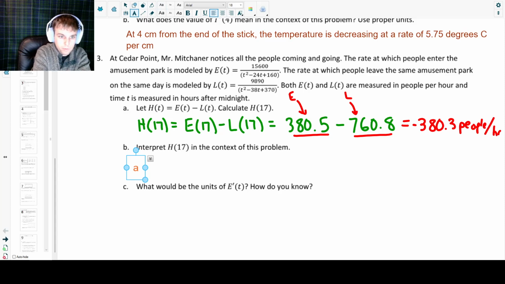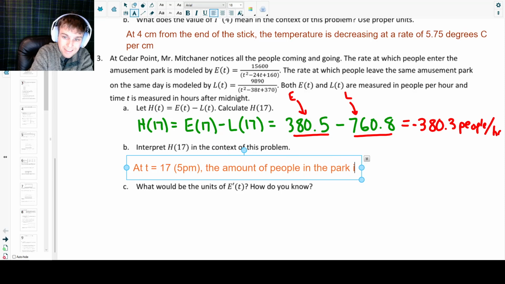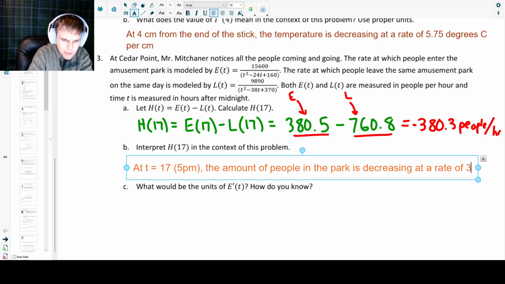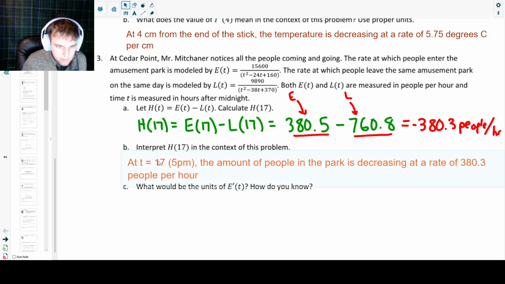So at t equals 17, which corresponds to 5 p.m., if we figure that out, the amount of people, let's not talk about that, not the amount of people, the rate at which the amount of people in the park is decreasing at a rate of 380.3 people per hour. Okay, so let's go back over that and make sure this